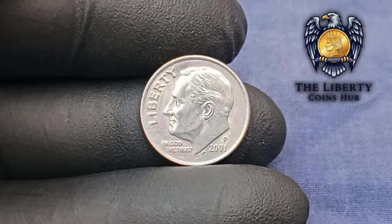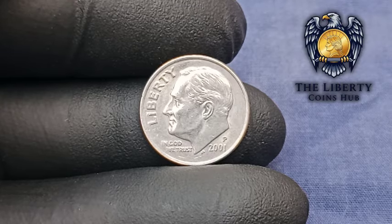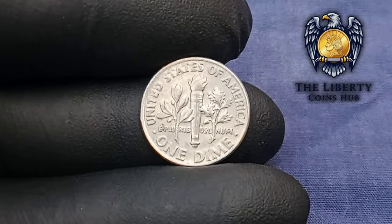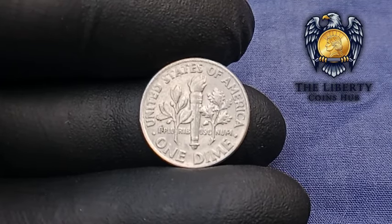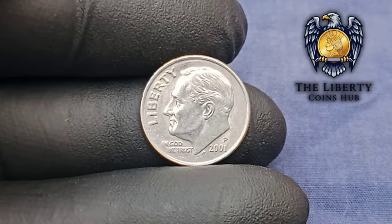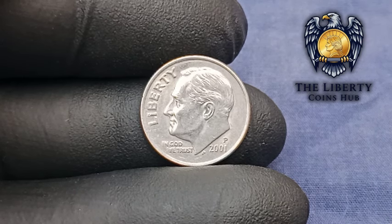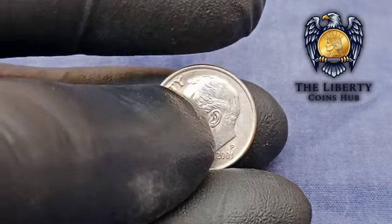And here's the number that's going to make your heart skip a beat. This 2001 P Roosevelt Dime, in its finest known condition, has been valued at an absolutely mind-blowing $92 million, making it not just the most valuable dime ever created, but one of the most valuable coins of any denomination in modern American numismatics. Let that sink in for a moment. $92 million for a coin that has a face value of just 10 cents, a return of nearly 1 billion%